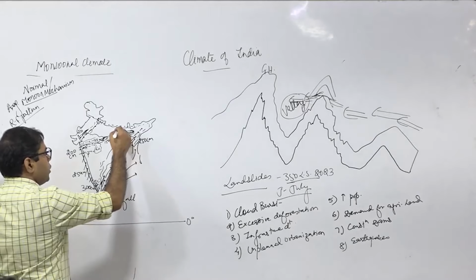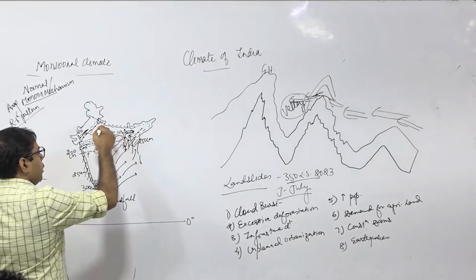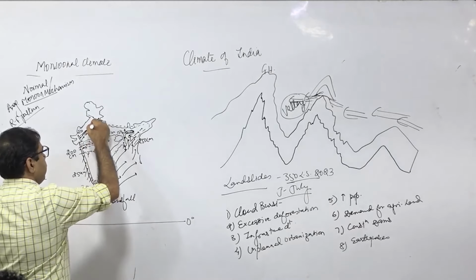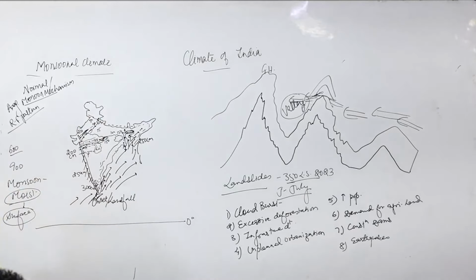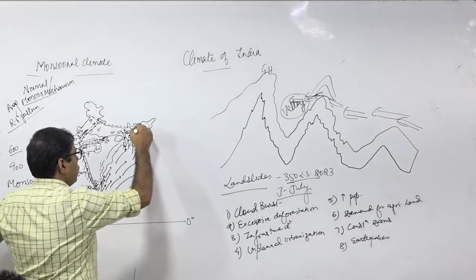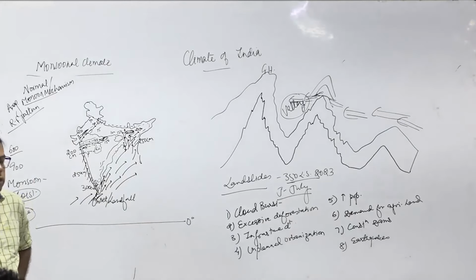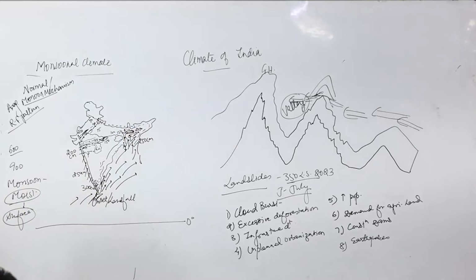That way the Gangetic plain receives the rain. Here in Patna 150 centimeter, 100 centimeter in Banaras and Allahabad, then 75 centimeter in Aligarh and Agra, 50 to 75 centimeter in Delhi and 50 centimeter in Punjab and Haryana, right? And Assam receives rainfall of about 200 centimeter from two sides, one from the west, one from the south, right? So there is excessive rainfall in the Assam valley.